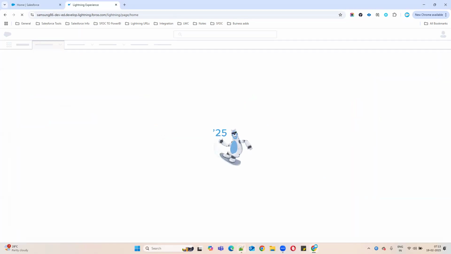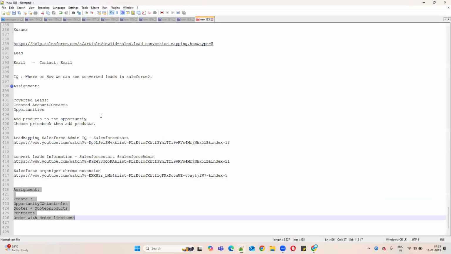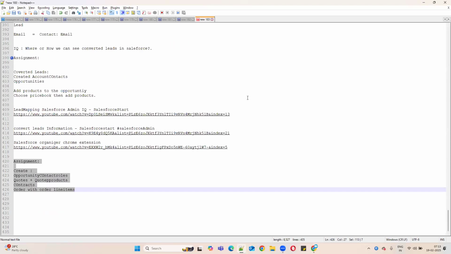So till yesterday, what we discussed is how to create Salesforce Sales Cloud objects data. Some flow like products, pricing, price book entry. Then campaign, lead, account, contact, opportunity, products, quote, quote products, quote approved, create contract, contract is there, create order, deliver the products. Okay, this is the sales. So now today what we'll discuss is